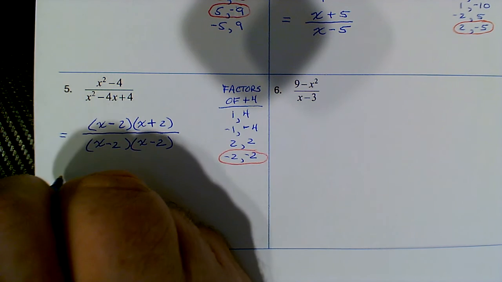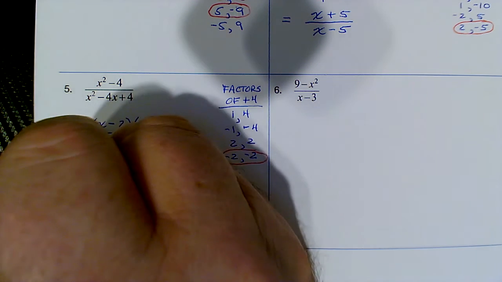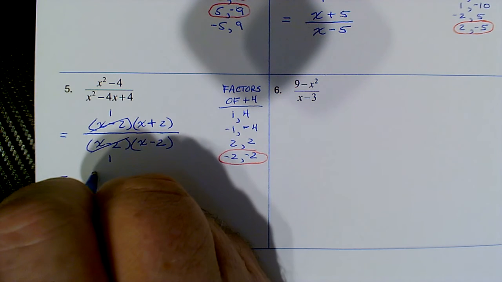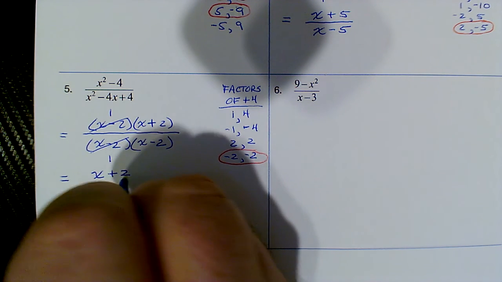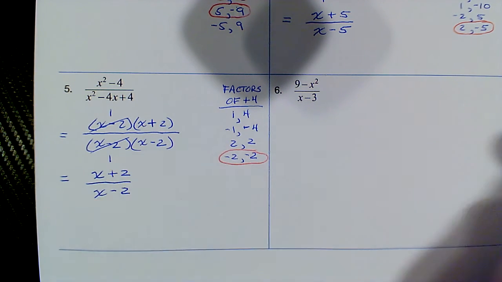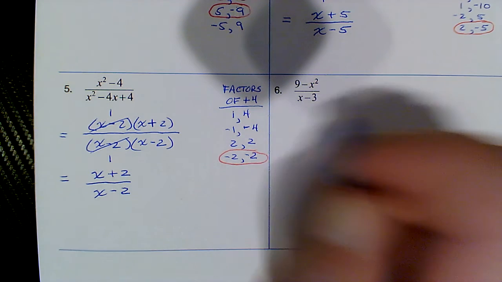Okay, and then once again we see cancellation. The x minus 2's now cancel, replaced by 1's, and then we're just left with x plus 2 over x minus 2. And that's as far as we can go. Alright, and in number 6,